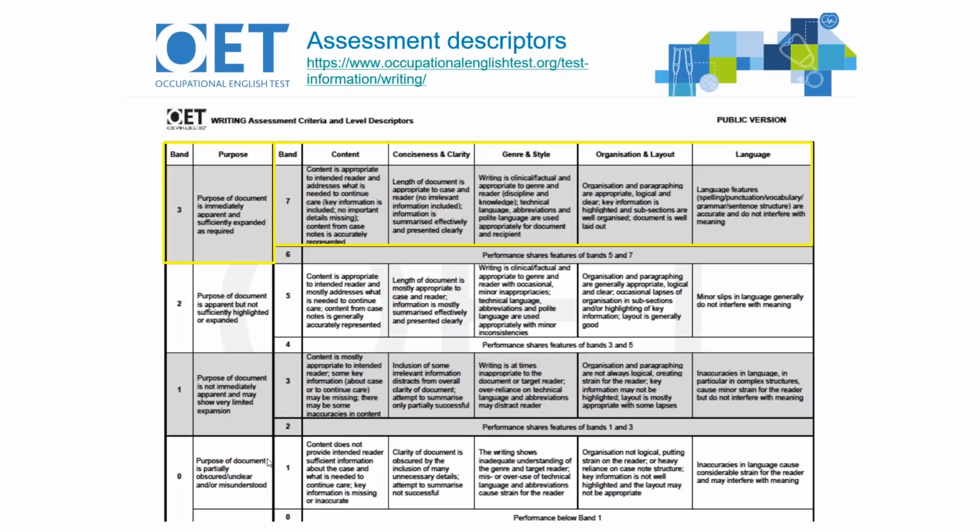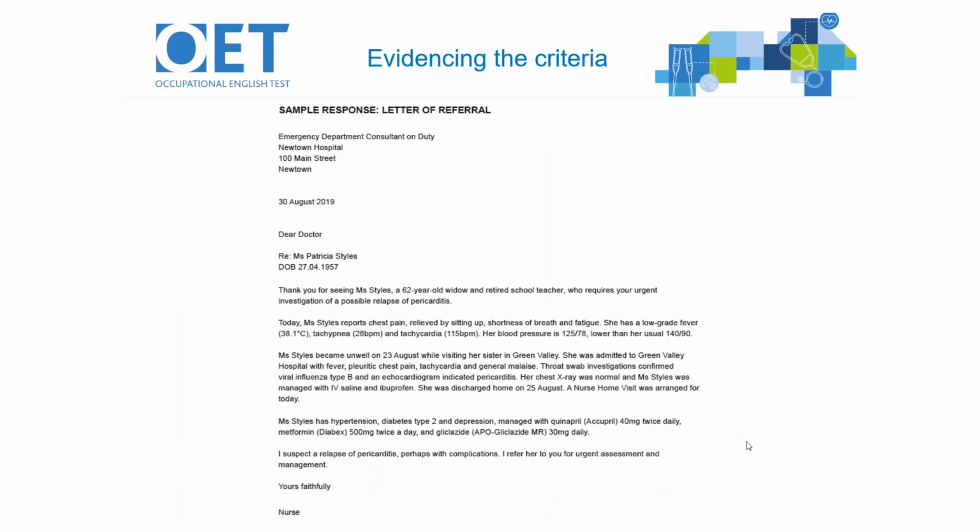So let's look at each of the 6 assessment criteria in turn, together with the sample answer. So here's our sample answer again, and the first of the assessment criteria is purpose. And purpose is whether the letter is immediately explaining to the reader why the letter is written, and whether it's been sufficiently expanded during the letter as a whole. So we can see that our first paragraph of the sample answer includes a clear reason for writing to highlight,